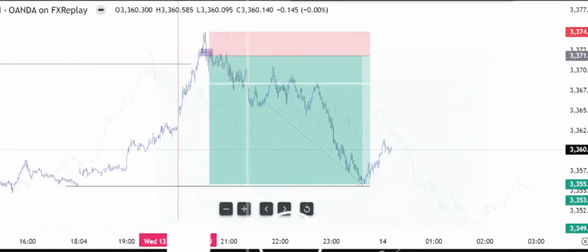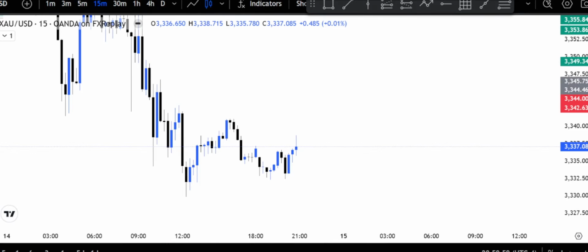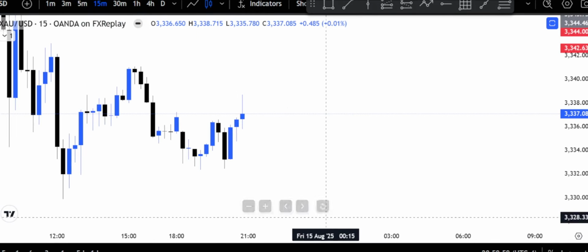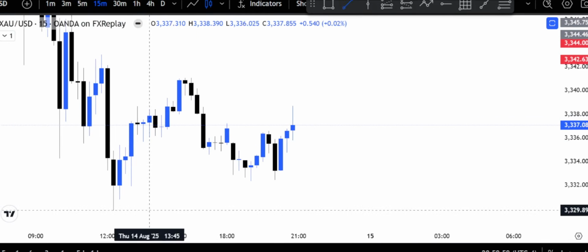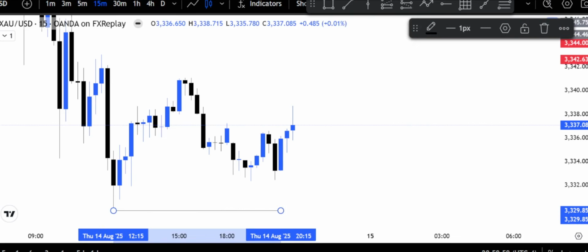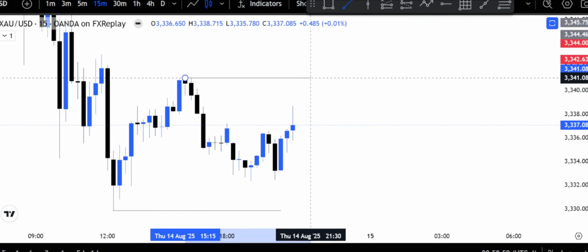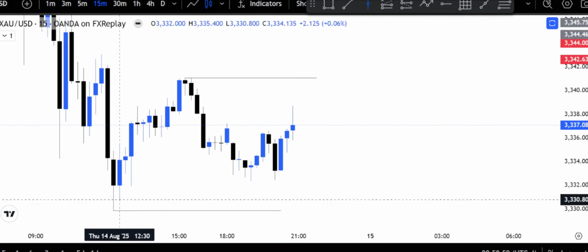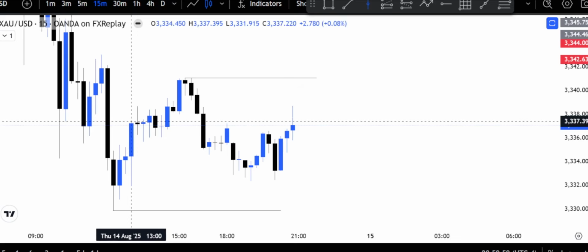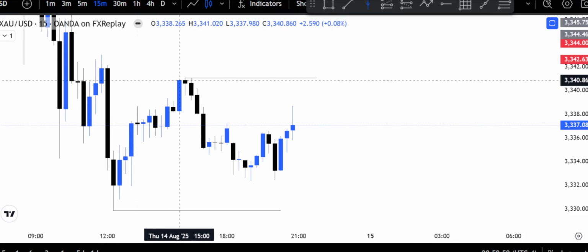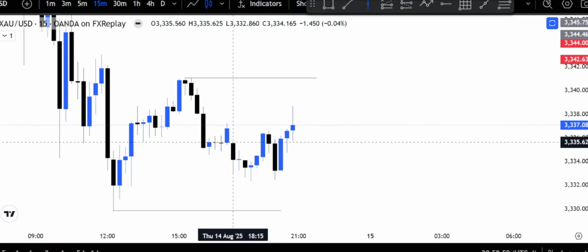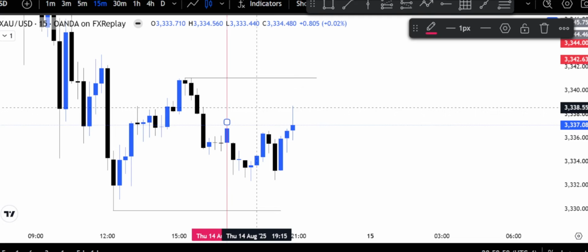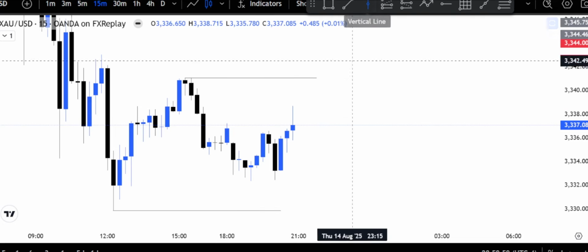As you can see, let's look for another example. Another example here. We can say this is a low, but it's not recent. This is a high. It is also not recent. We can take, as you can see, we have higher high. This is not clear. Let's say higher high, higher low. We have a high here. We also have a low here. This is good. Let me mark